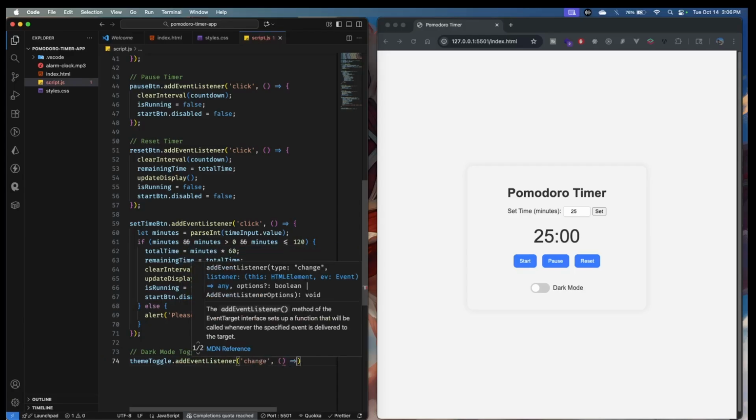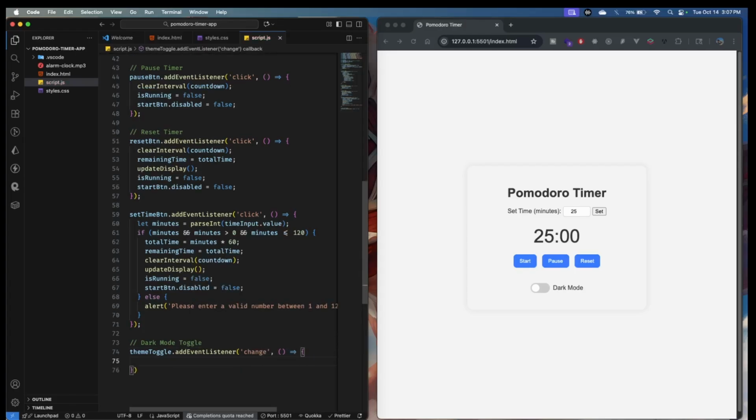Let's put the callback function, and here on the change I want to add a class to the body,